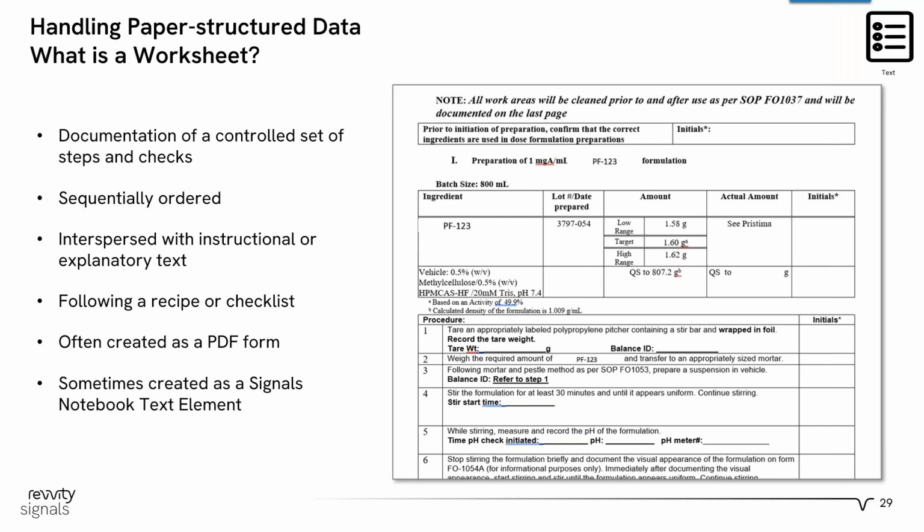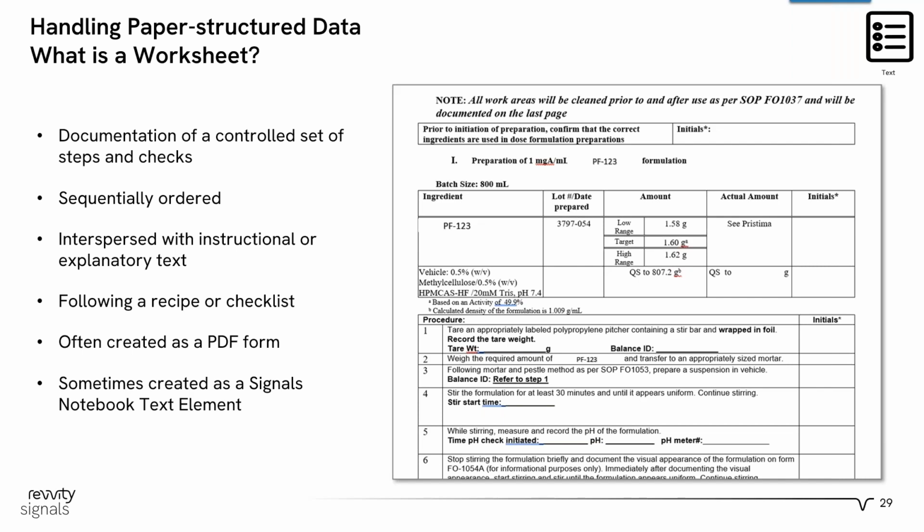So it's semi-structured information that you enter. It's structured, but some fields are unstructured. So it's complicated to capture electronically in a structured manner. And most of the time, it's really a recipe or a checklist that you have to follow. It's often created as a PDF form, and it's often taken as a PDF, scanned, and then dragged and dropped into Signals Notebook, or